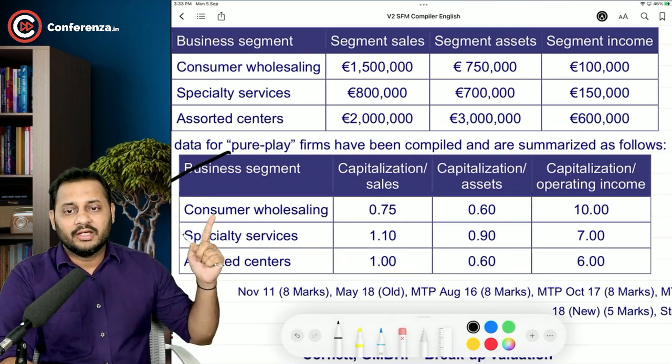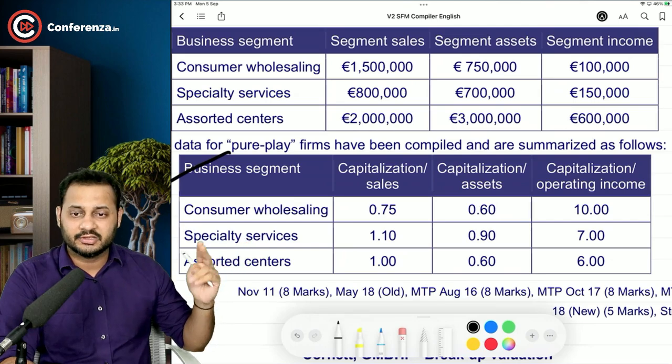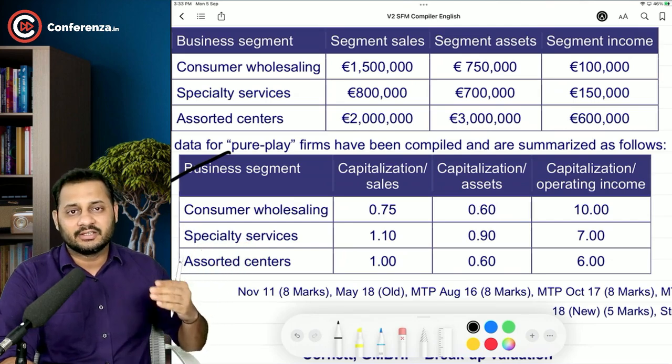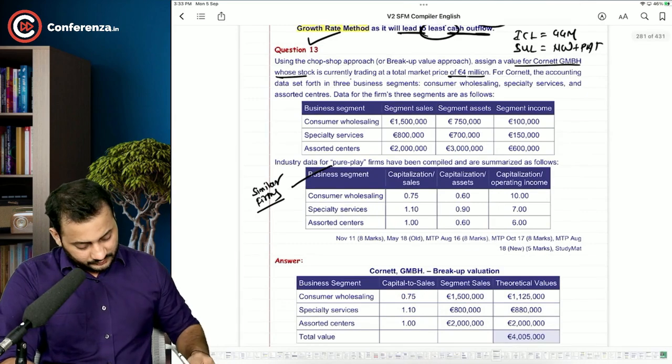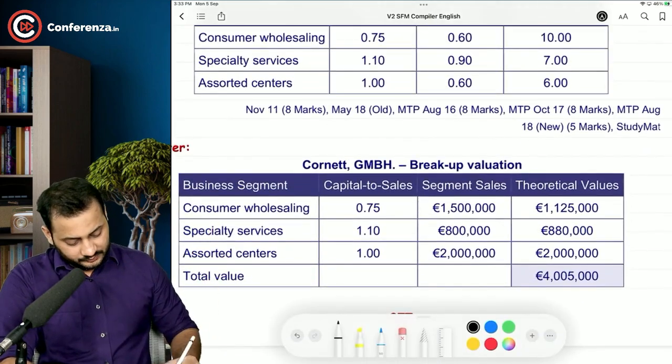So if you want to calculate the value of consumer wholesaling, there will be 3 values based on 3 different bases: consumer wholesaling, specialty services and assorted centers. So have a look. What are we going to do? We first started with this